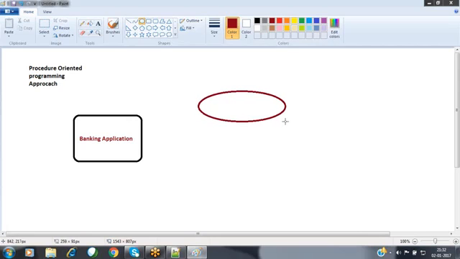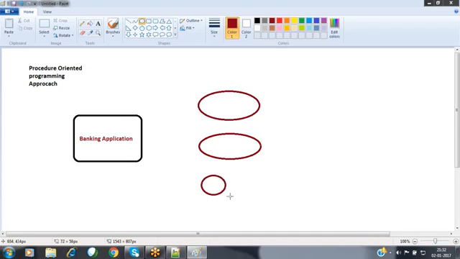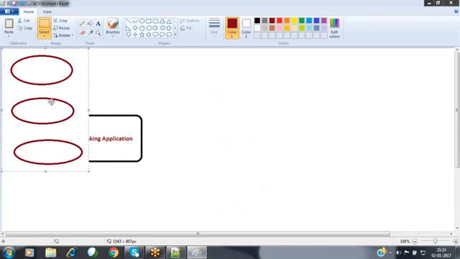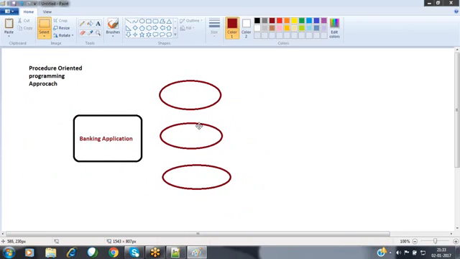One is deposit functionality. The second one is the withdraw functionality. And the third one is account opening functionalities. These are the three features I would like to provide to my customers as part of these core banking facilities. Core banking means the basic banking transactions which we are going to be offering to each and every customer of our bank. So for that, we are going to be offering all these three facilities.